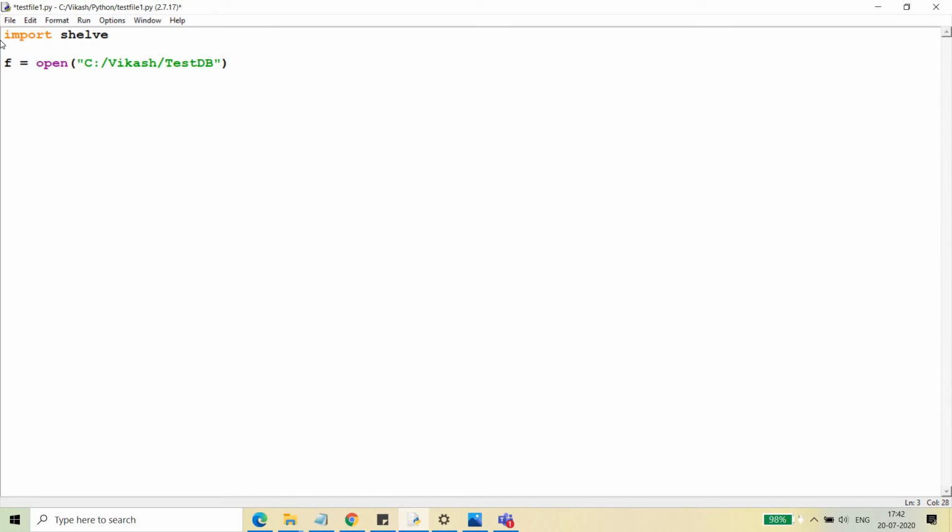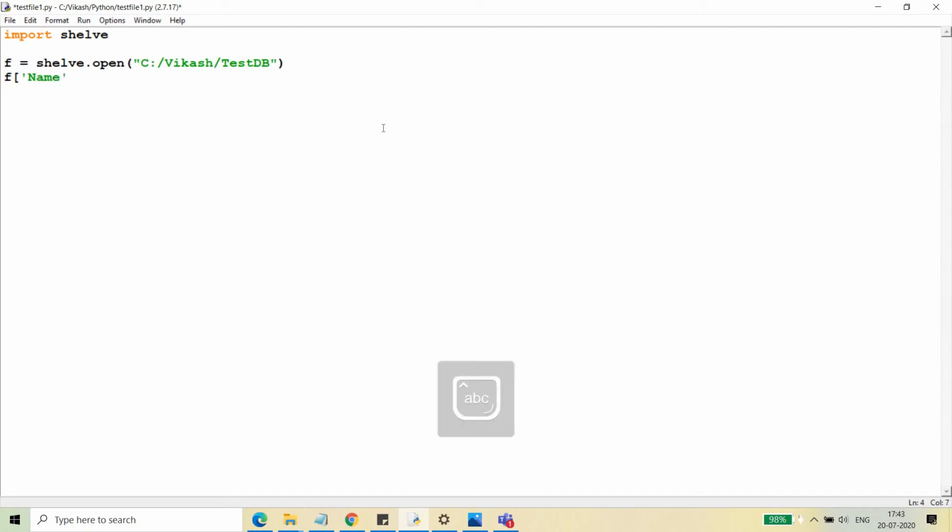You don't need to provide any mode here, unlike in pickle and in normal file handling where I have provided the mode of the file opening. Here I'm not going to provide any mode, because whenever we use shelve, all the files which we open are opened by default in read and write modes. I mean, they are both available for reading and writing at the same time. Okay, so here I just need to write shelve.open, right? And now I can create the key value pair here.